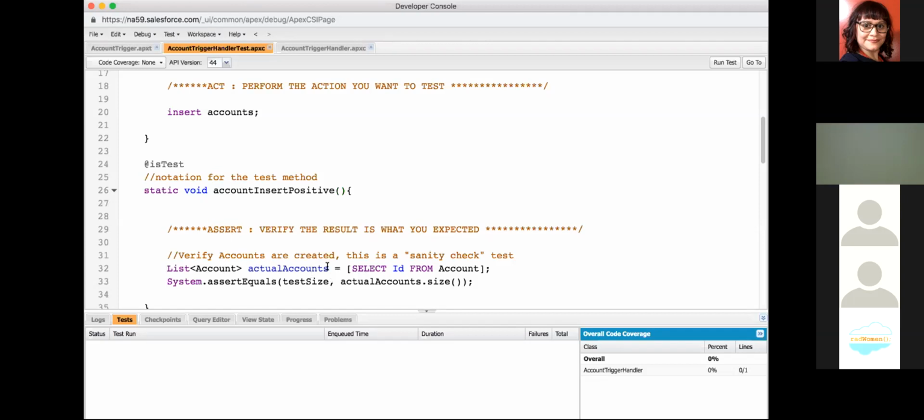So we're saying, hey, select an ID in this case. We could select multiple fields, but we're saying, select the records that have been inserted into the database from our account table and put them into this bucket, this list. And then this is really the unique piece of Apex testing, this line 33, where we're saying, hey,